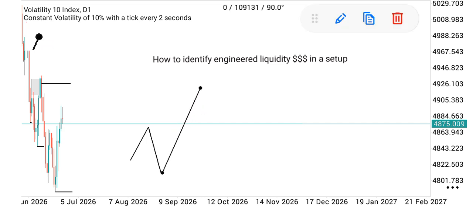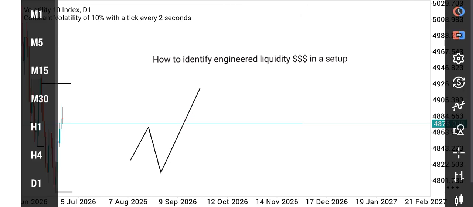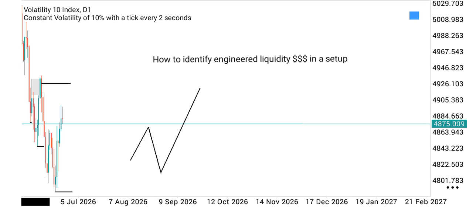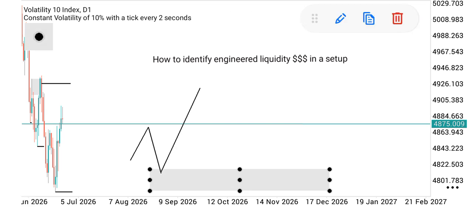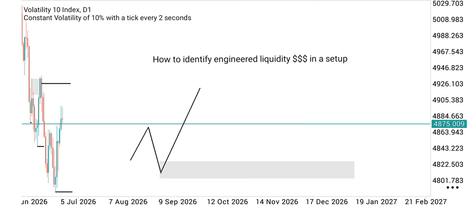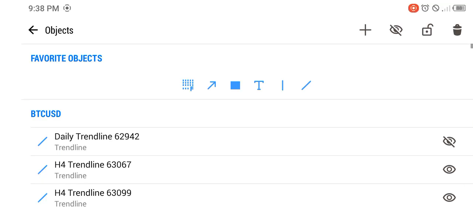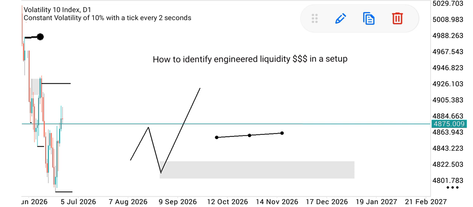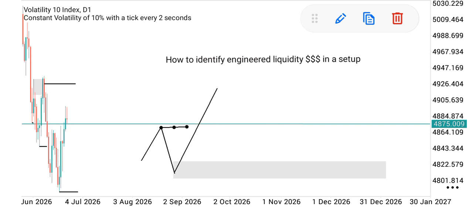And if we see the break of structure to the upside, one of the things the smart money concept taught us is we should look to our origin. If we get a valid order block, we'll mark our valid order block. So if our origin has a valid order block, we want to mark that origin. I want you to understand that smart money concept is very easy and simple if you